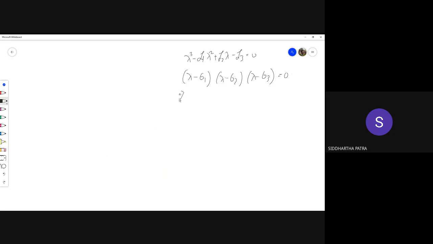Okay, so it is lambda squared minus sigma 1 plus sigma 2 times lambda plus sigma 1 sigma 2, and then lambda minus sigma 3 equals 0, which is